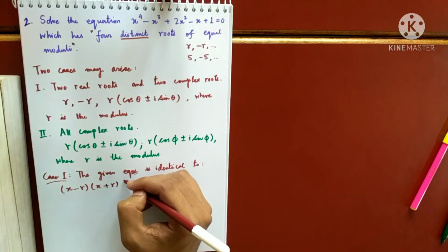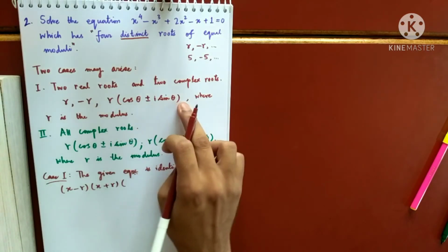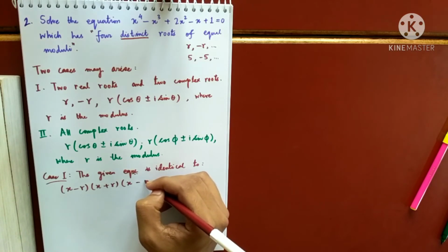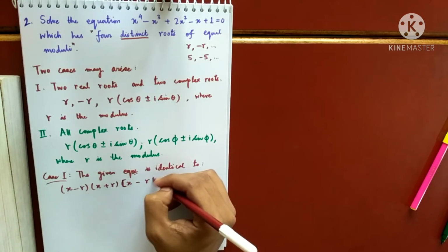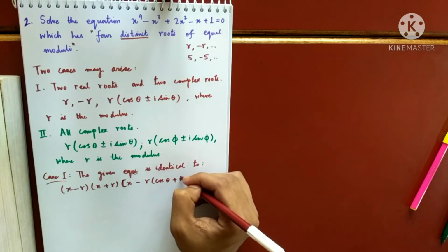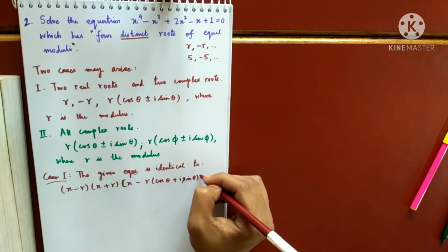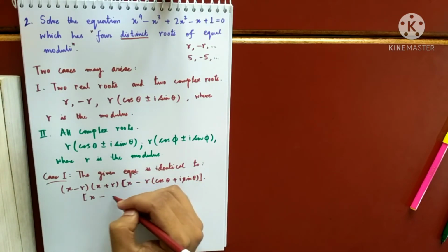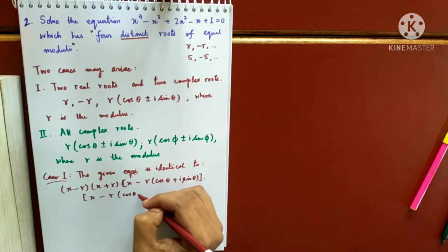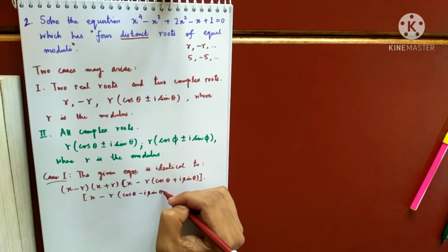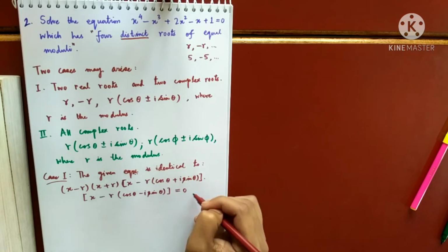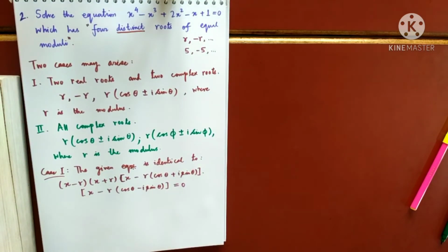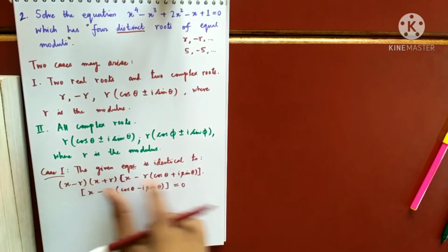And similarly, r cos theta plus i sin theta is the root, so be very careful, I should write like this: x minus (r cos theta plus i sin theta) is a factor, and one more term is remaining: x minus (r cos theta minus i sin theta) is a factor. So if these four are the roots,